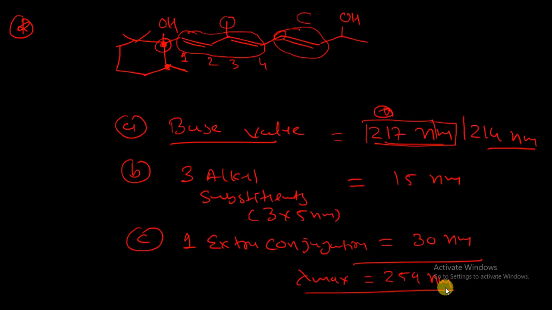Here a hydroxyl group is present, but it is not on the 1, 2, 3, 4 carbon atoms. You have to consider whatever groups are present on the 1, 2, 3, 4 carbon atoms; that should be your chain, your parent system, your homoannular or heteroannular diene system, or what we can call a simple diene system.